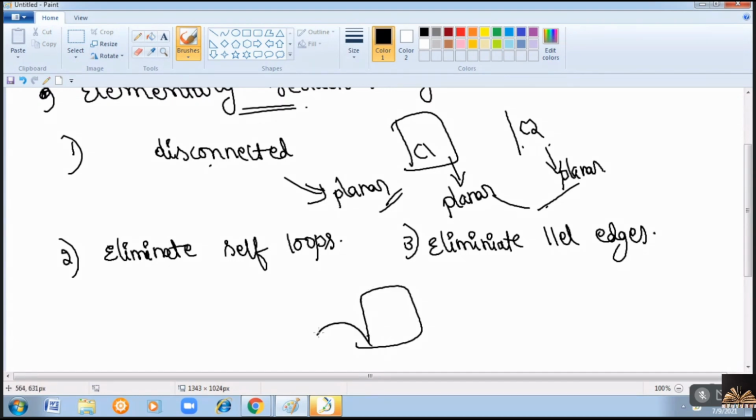Let us suppose you have a graph like this with multiple edges and parallel edges. The parallel edges and the self loops do not result in anything new in edge crossings, right? Suppose an edge is crossing this edge, then you can say that it is a crossover. By observing this edge crossing, you may tell that this is a crossover point and it is not a planar graph. But what is the thing?